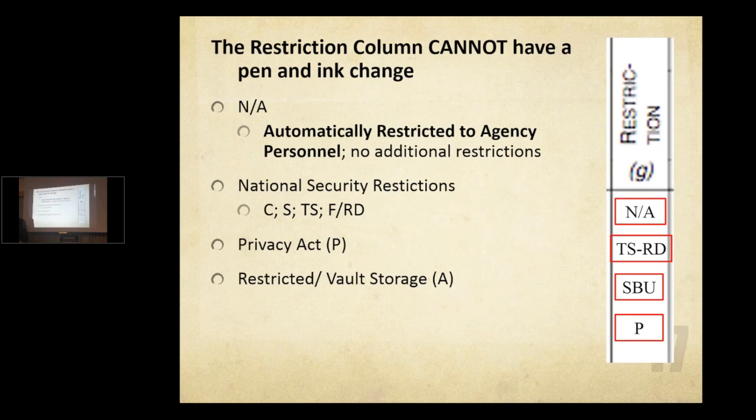I'm going to go ahead and unmute Victor and see if he can give further guidance here. Victor, can you hear us? Victor's audio isn't working, but